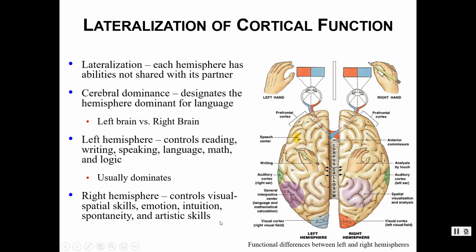Now most people aren't exclusively one or the other. They're not exclusively left brain, right brain. We might favor one. We might have a little bit more dominance of one versus the other, but a lot of times people will be good at reading and writing, but they're just not very good at math. And that's okay. They could be good at reading and writing and just be really artistic. And that's okay. And vice versa. You could be very emotional, very intuitive, but you could be good at math. Well, that's okay too. Again, these are just really generalizations.